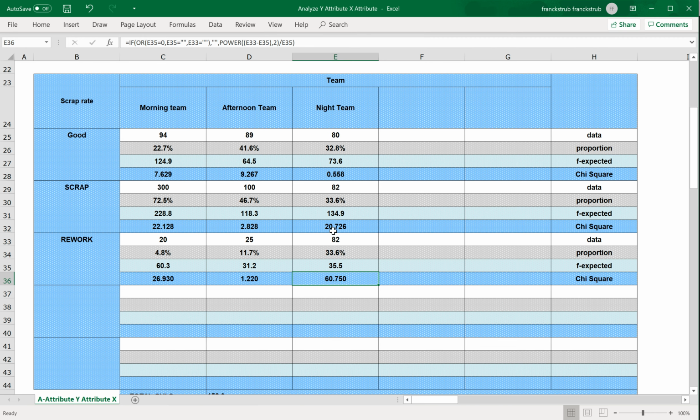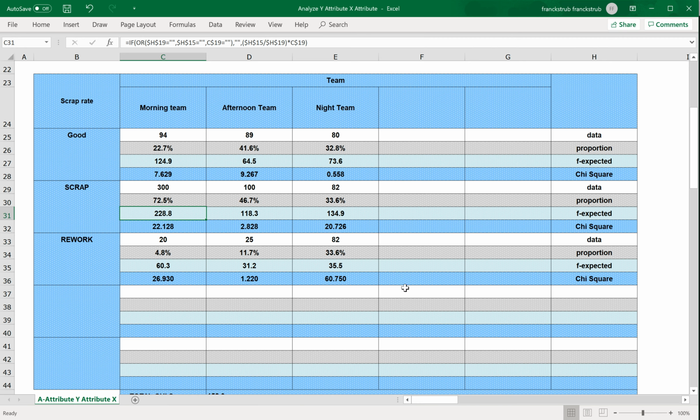And then the second main difference is with the morning team. They had 20 rework and we are expecting 60. So they are different. They are better in terms of rework, and here they are worse. And we can continue like this with the second higher value, scrap, and here the second higher value, which is scrap also. So the 9 team is doing less scrap than anticipated, and the morning team is doing more scrap than anticipated, expected. So these are differences in the teams.